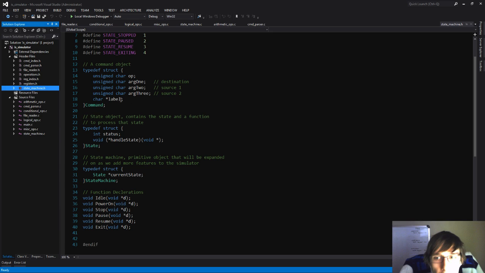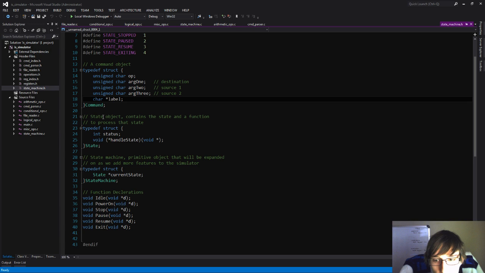The command object has an op, which corresponds to what arguments it takes, one to three arguments. The first one you write will be the destination, and the rest will be your two arguments. So for jumping, one operation, which is the destination you're jumping to,